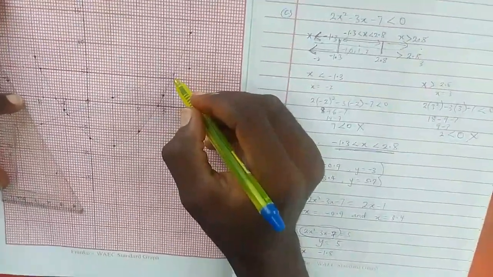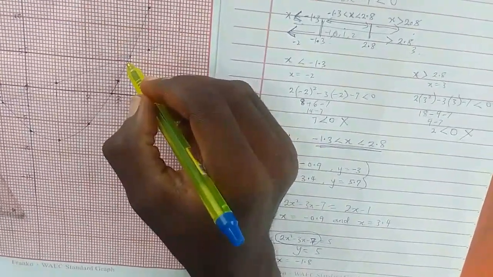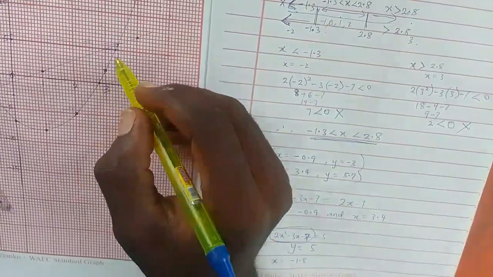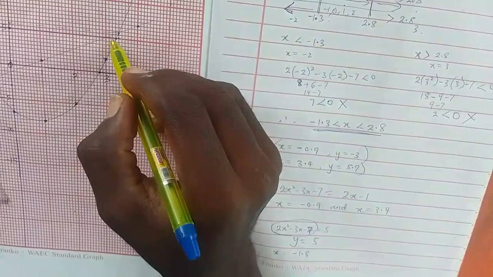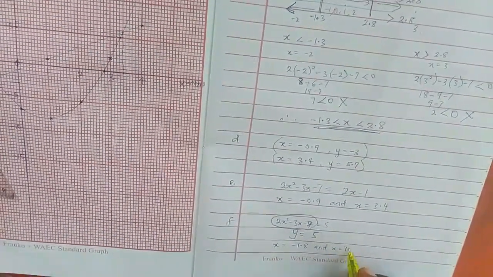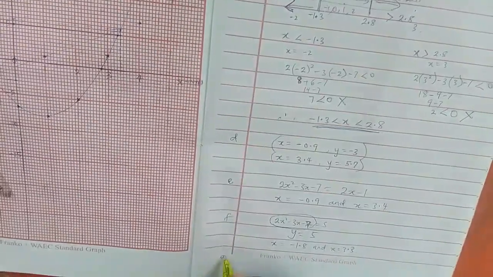And this other one is on this place here. That's 3.3. 3 here, then 0.1, 0.2, 0.3. And x equals 3.3. That's the answer of that one. Then the last one, G,